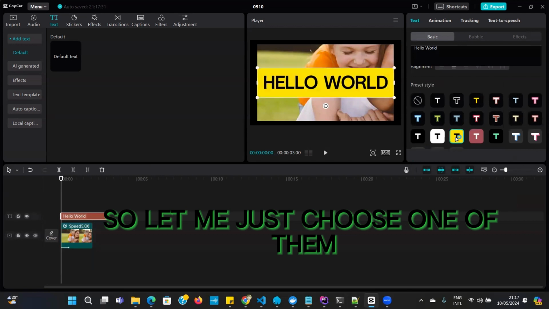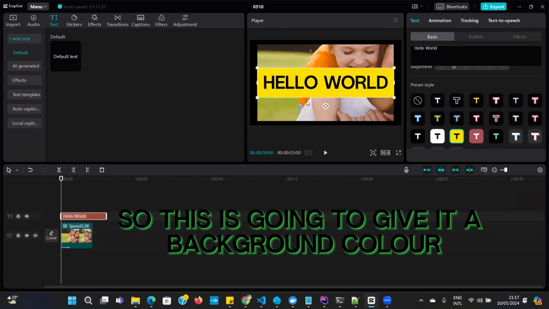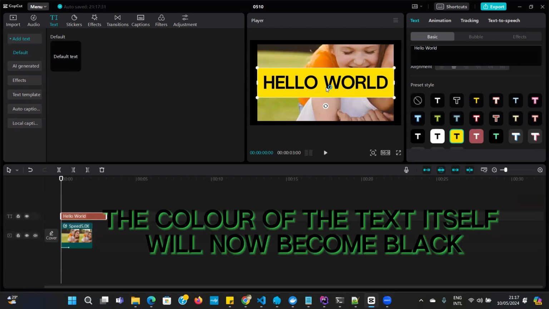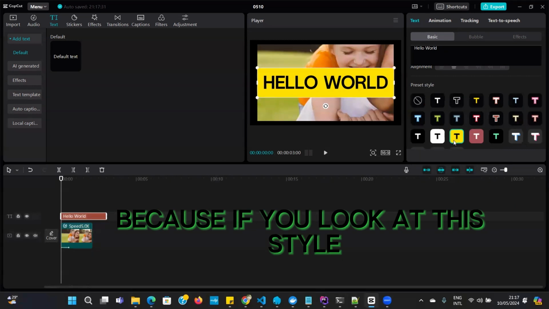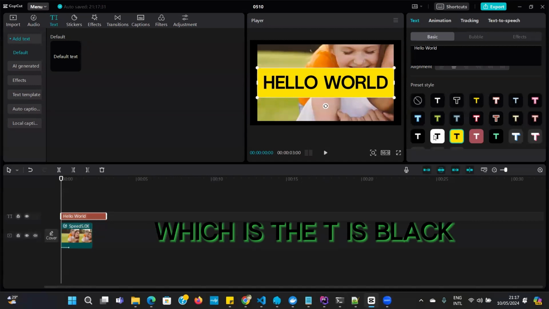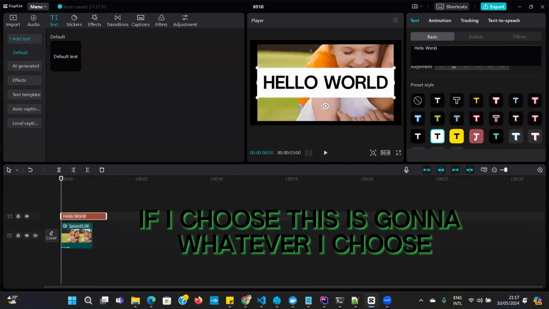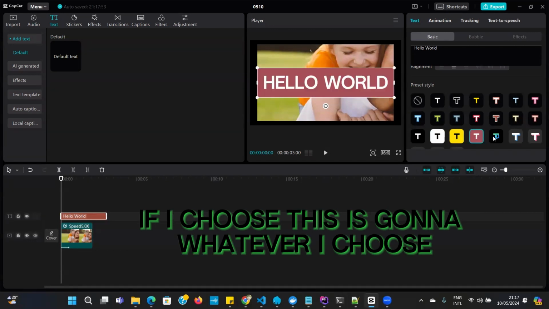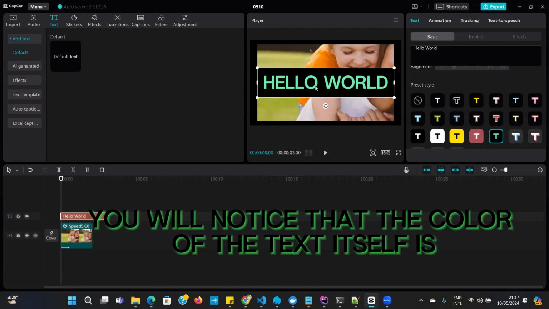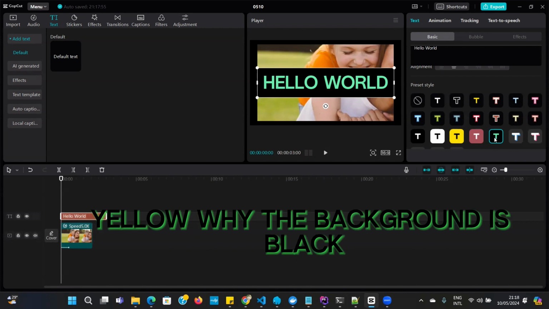So let me just choose one of them. This is going to give it a background color, and then the color of the text itself will now become black, because if you look at this style, the background is actually yellow and the text, which is the T, is black. If I choose this, it's going to give me white. If I choose this, it's going to whatever I choose. So if I pick this, you will notice that the color of the text itself is yellow while the background